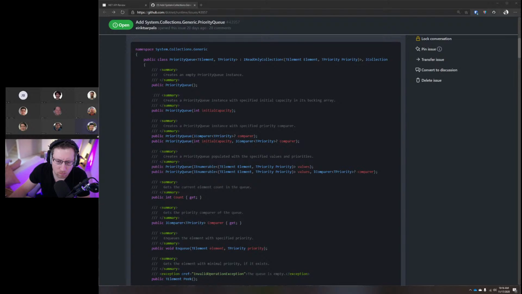It has a few constructors: a default constructor that creates an empty priority queue instance, a constructor that accepts a capacity parameter, constructors that accept priority comparers for the priority values, and also constructors that accept an IEnumerable of element and priority pairs, which basically implements the heapify operation.